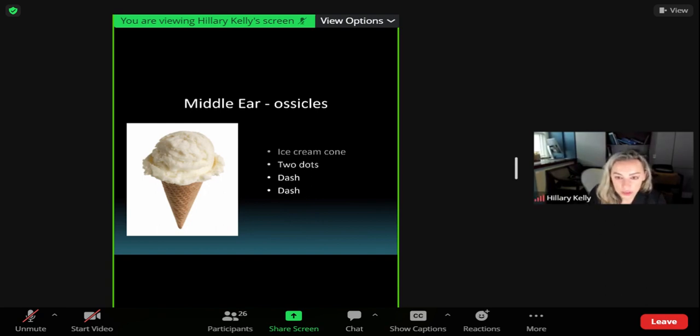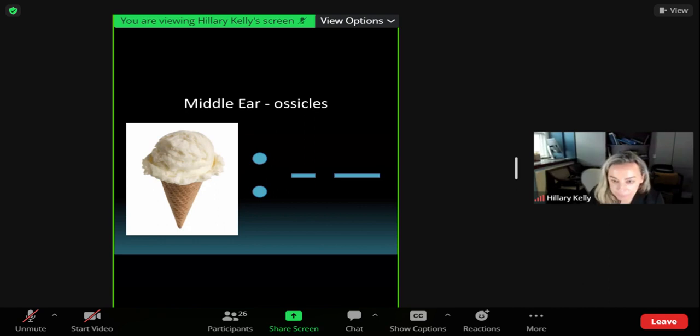All right, so visually, it's going to be ice cream cone, two dots, dash, dash, as you go from superior to inferior. Here we're at the level of the epitympanum. You have an ice cream cone, okay, and the head of the malleus and body of the incus are identified, right? So the head of the malleus is the ice cream, okay, and the apex of the cone points